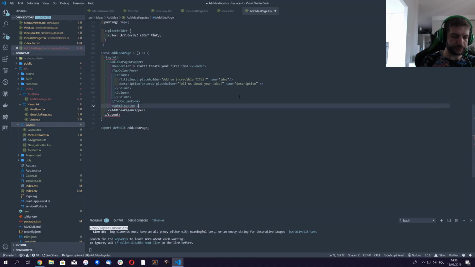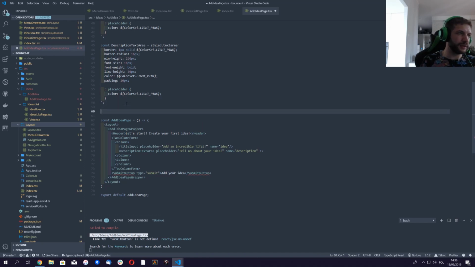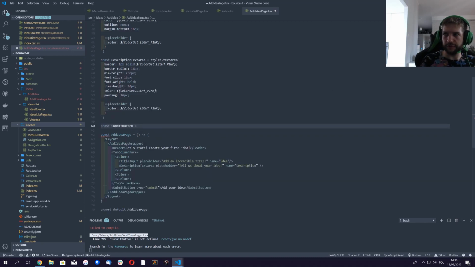Okay, of type submit, and yeah, submit, or I don't know, add your idea. Okay, this is cool too. And let's create that. So submit button is gonna be wonderful. I hope it can be styled button,